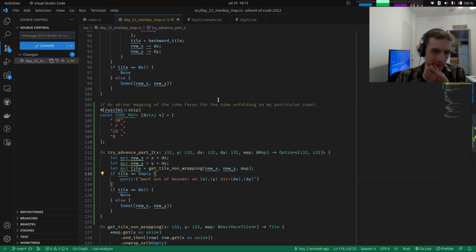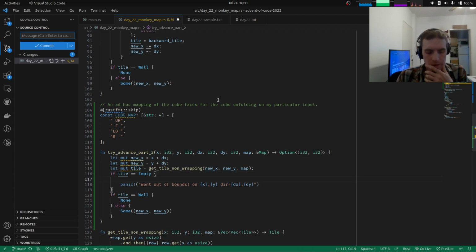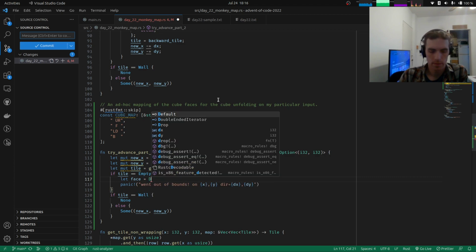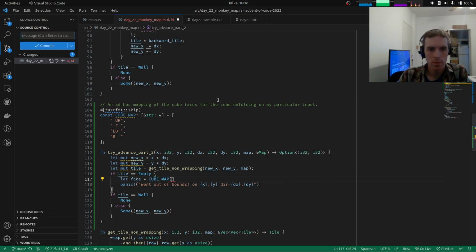Okay, and here we're going out of bounds. Let's say let face be... Well, we're gonna access this cube map with some